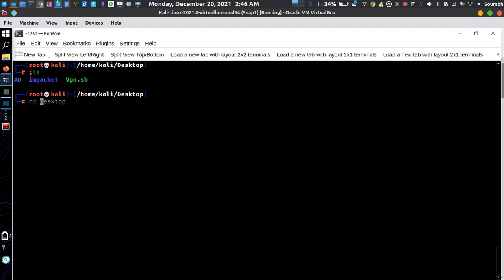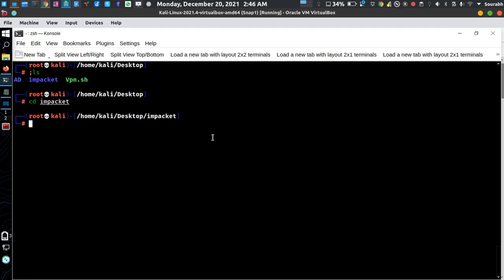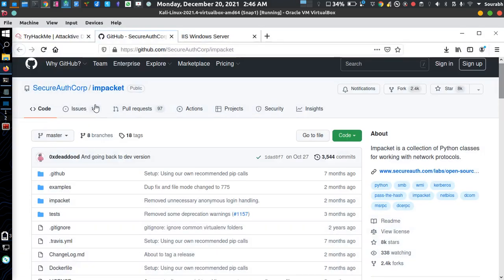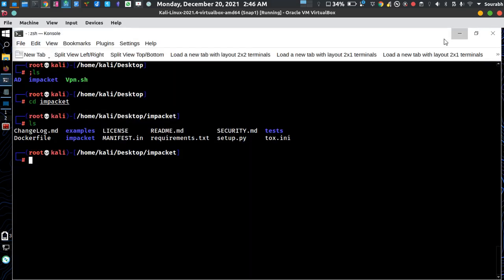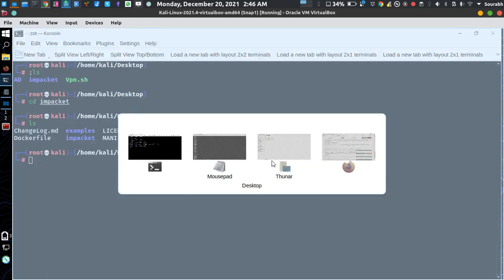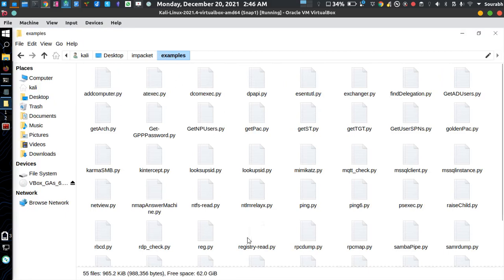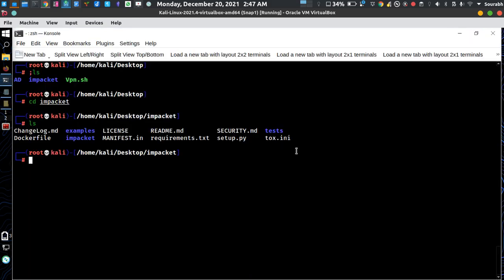So just keep to the procedure. Okay, I enter the folder called Impacket, which I cloned from that git clone repository, and yeah, it's Impacket. Going to the examples and finding all the Python programs, Python tools.